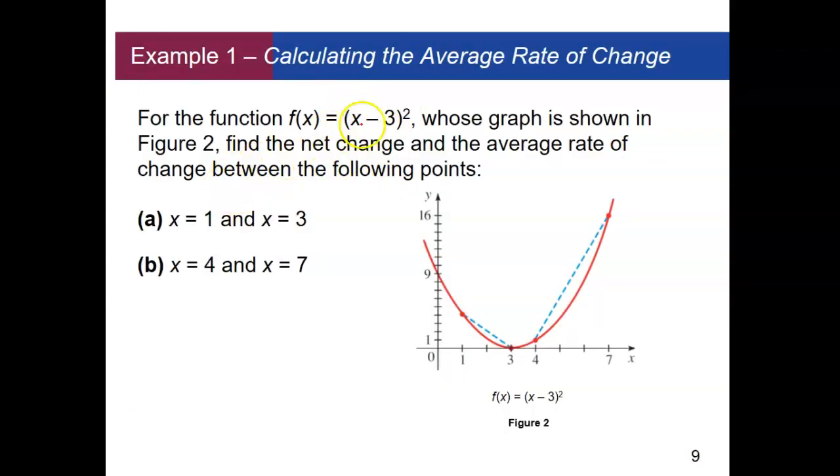Okay, so here's a problem. We've got the equation here, and we're wanting to find the net change and the average rate of change. So for the first one here, our interval is from 1 to 3. So for net change,